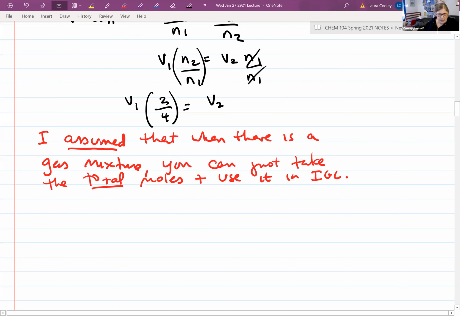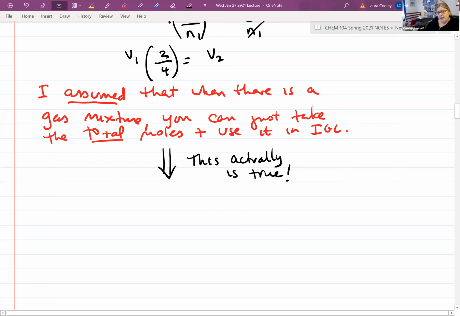Okay, but that's not something that's necessarily obvious. Well, it turns out that it's actually true. Okay, so I didn't lie or anything. This actually is true. And actually, what we say is that there's an ideal gas law for total moles